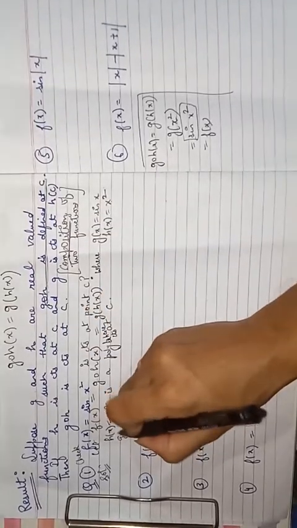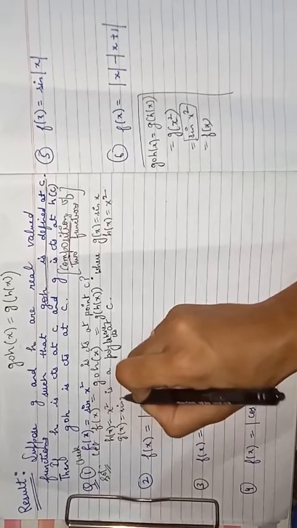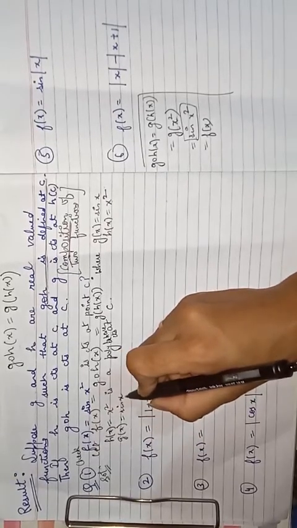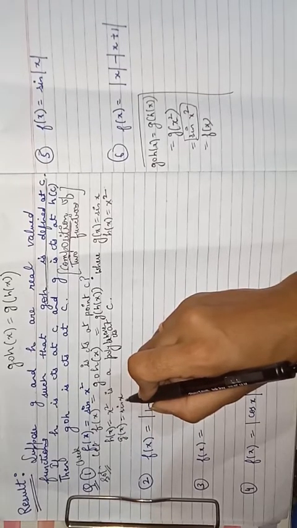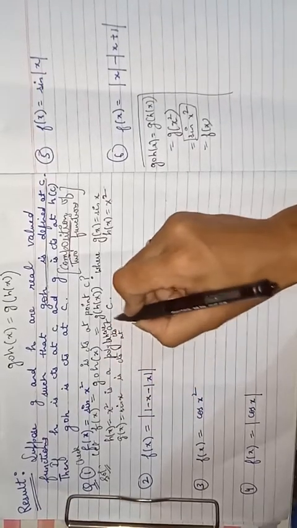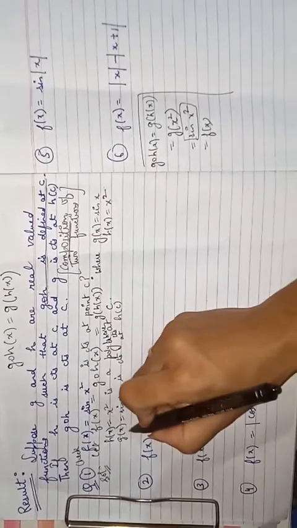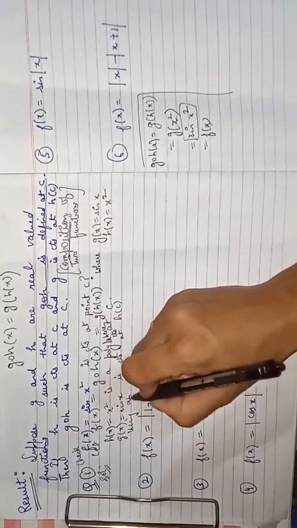Now g of x is sin of x. Sin of x is also continuous everywhere, so it is also continuous at that particular point, that is h of c. So it is continuous at h of c, right? This implies, using the above result,